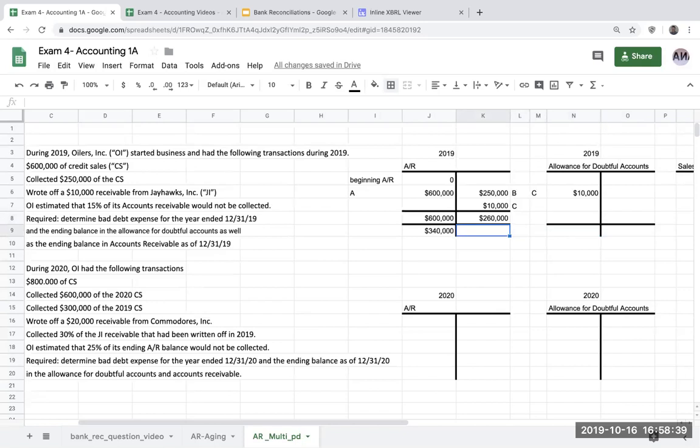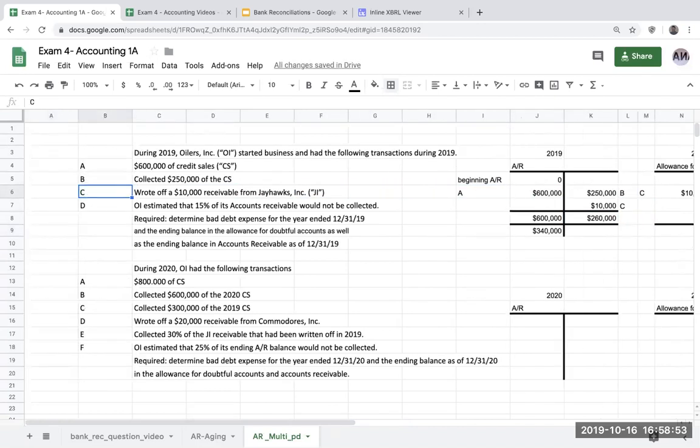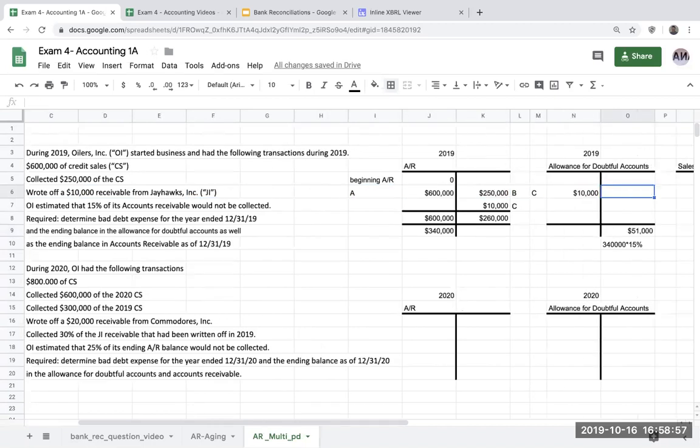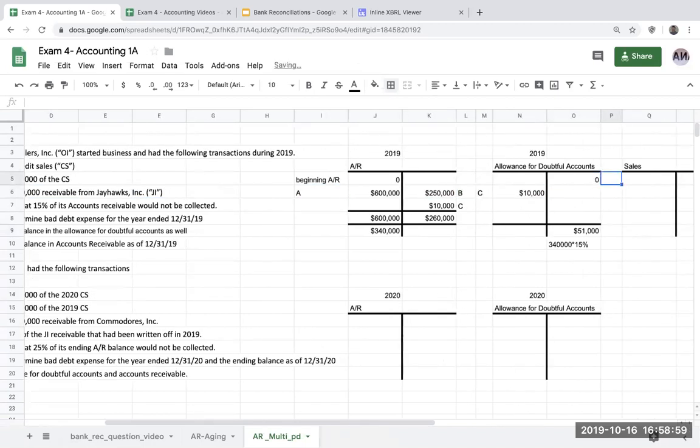Multiply the 15% with the accounts receivable. Correct. I'm going to take 340,000 times 15%. Okay. So my allowance for doubtful accounts, because this is the first year of operations, had a 0 opening balance